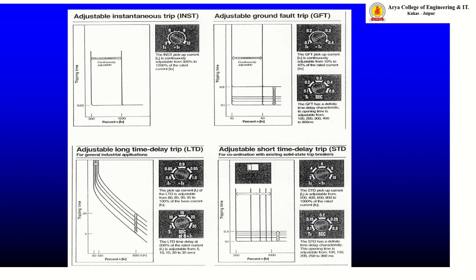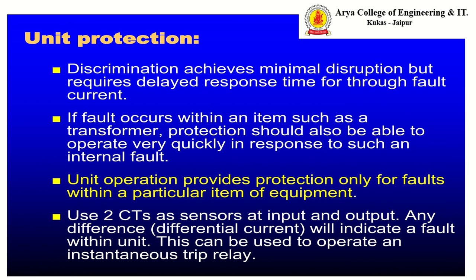So as per their uses, we can deploy this type of overcurrent relays. There is a basic adjustable instantaneous trip mechanism shown here, and adjustable ground fault trip circuits are provided, like 0.2, 0.2, 0.3, 0.4. These are the time value settings we can use. Adjustable long time delay trips can be provided by the company manuals.